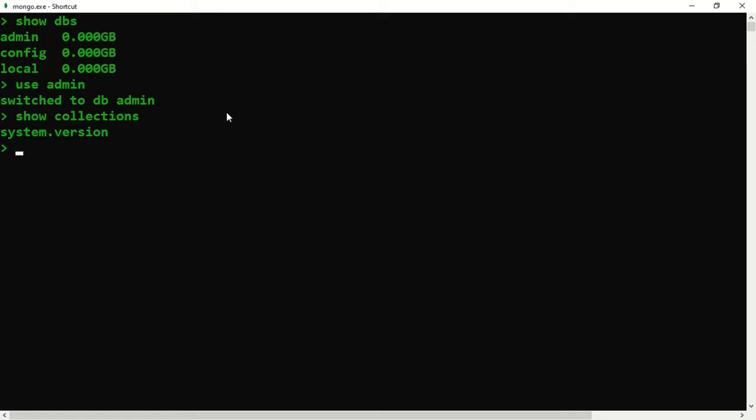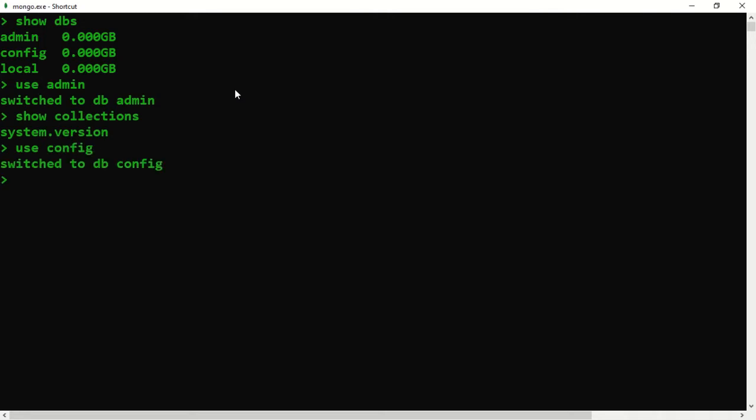Okay, and let's use another database, that is config. Now how to shift to the config database? We say use. Always say use to get into a particular database. So now I say use config and press enter.